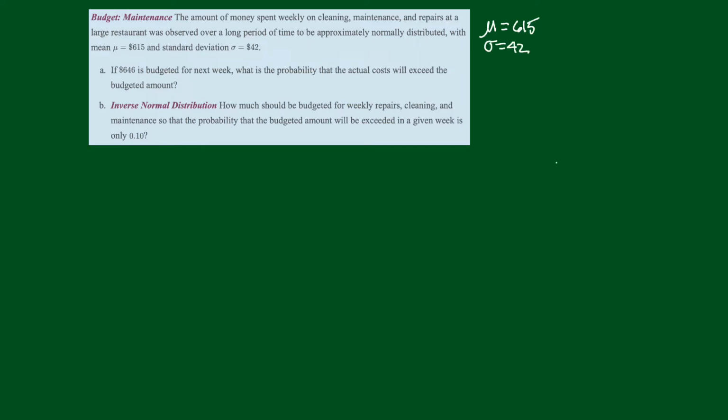Now, we're given that it's normal, all right? So as soon as it's normal, I can draw that normal curve. The mean is 615, standard deviation of 42. Now here's part A. Part A says 646 is budgeted for next week. What's the probability that the actual cost will exceed the 646? So what we want to know is this. We want to know that the cost exceeds